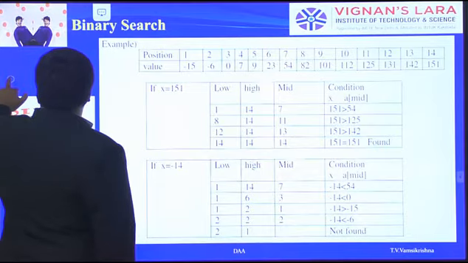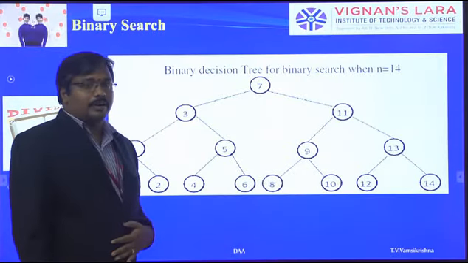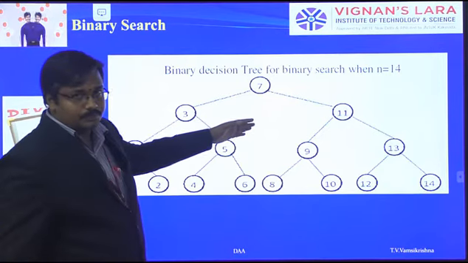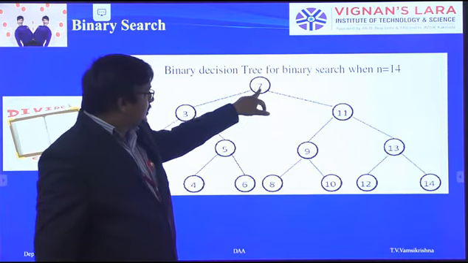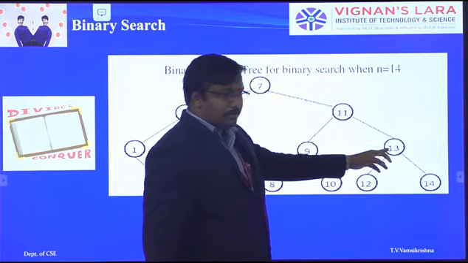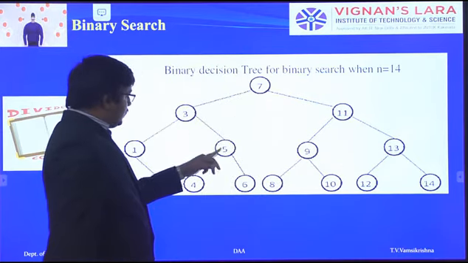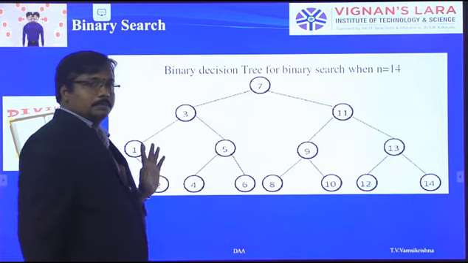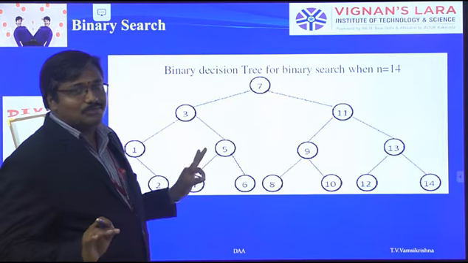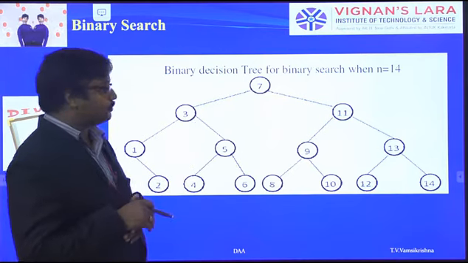So the next, this is the binary decision tree, showing the bit positions relative to the previous one. In this case, initially the 7th one is the mid position, after that 11, then go for 9 or maybe 13. These are the mid positions. In this case, 3, 1, 5, or you can move like this. So all the nodes point to mid values, probable mid values. These are all pointing to indexes.